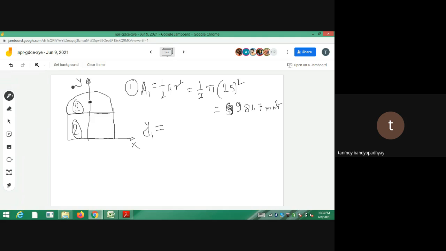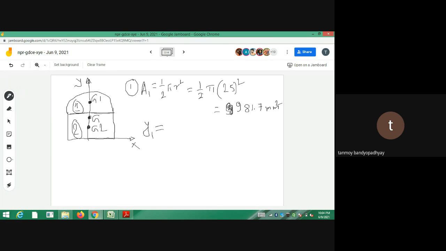But when I am considering a composite figure, I have to consider that both things are joined. So now my x-axis is this one, and all my measurements have to be with reference to this x-axis. This centroid I am calling G1, and G2 is the centroid of the rectangle. Between these two, somewhere around here, G, the centroid of the entire composite, must lie.